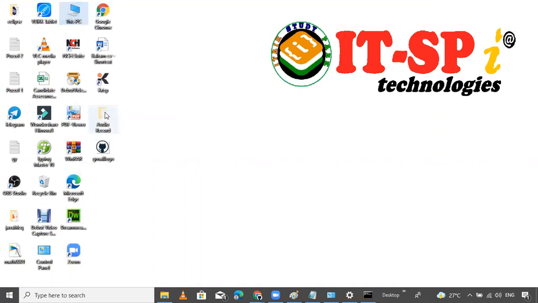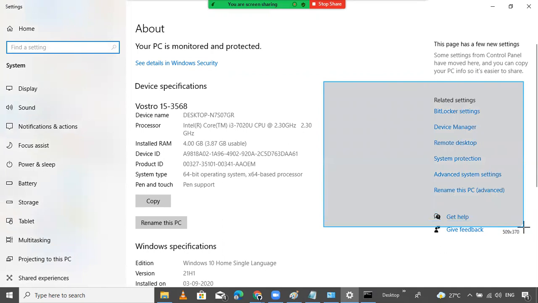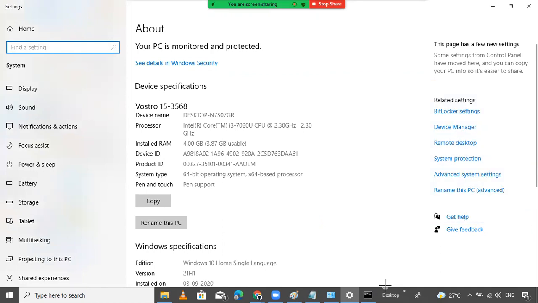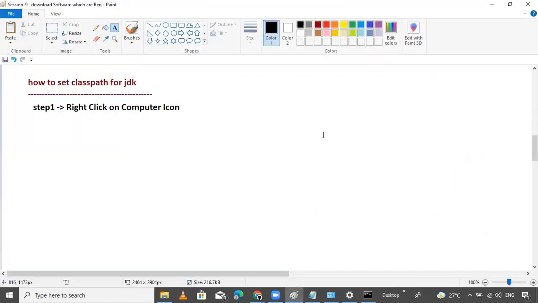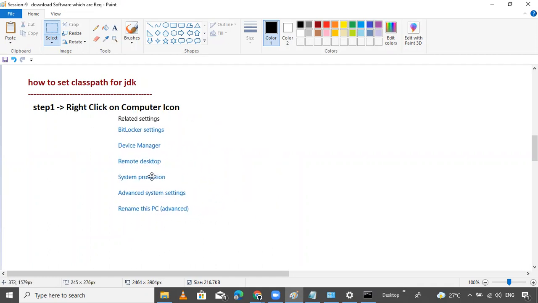Right click, properties on system. We will get this type of window, and select here. You will get this. Okay, simply click here. After clicking here,